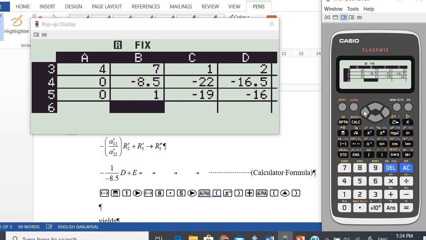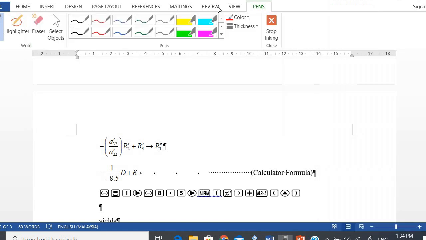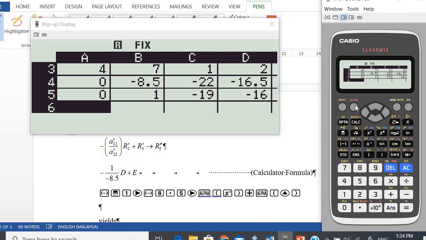Okay, we move to A6. The formula is this one. So alpha equal, so you have negative 1 divided by negative 8.5. Okay, this is the new row 2 here. The new row 2, which is stored in cell A4. New row 2. So alpha A4 plus